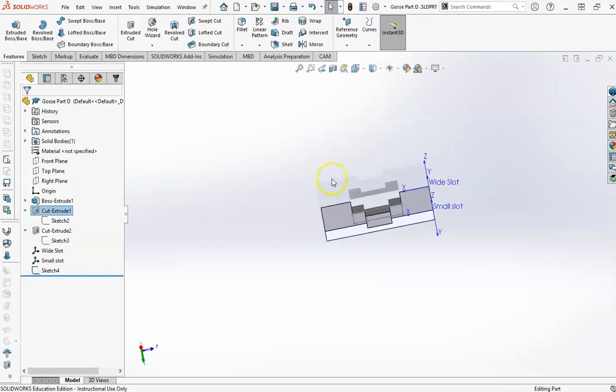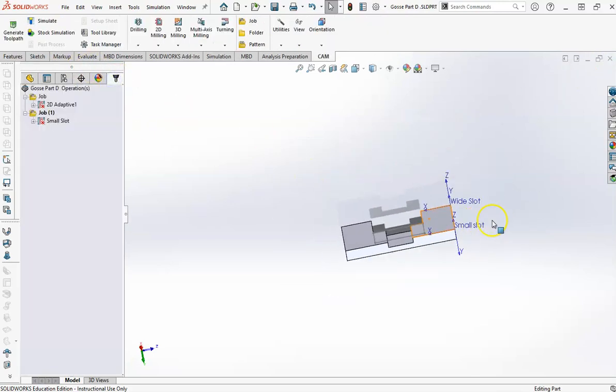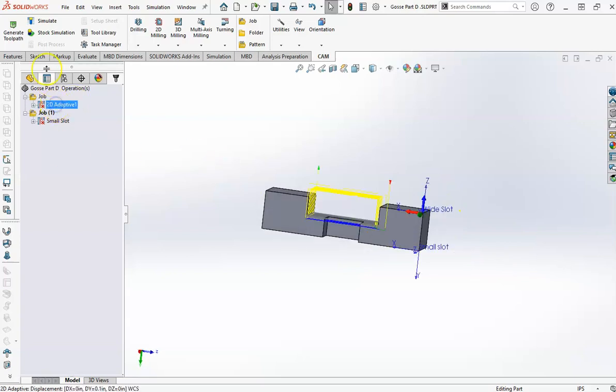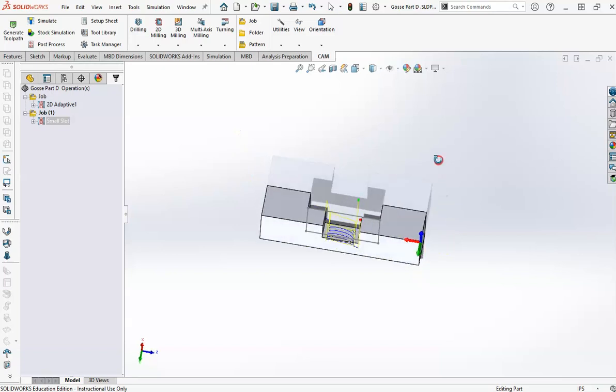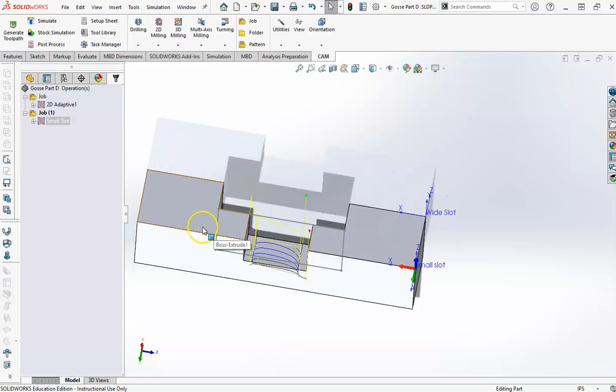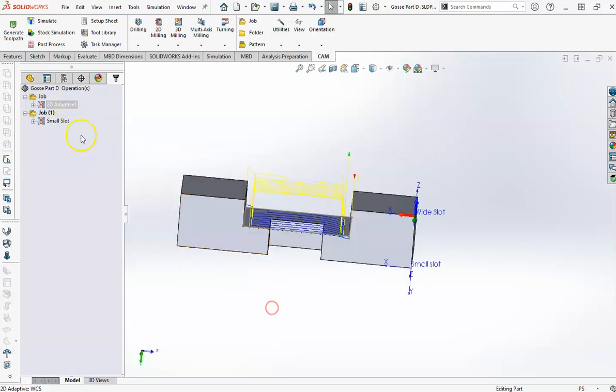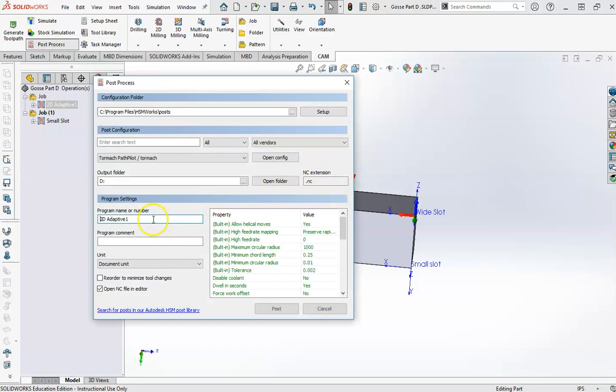And so now what we've got to do is make sure all of our tool paths are updated, and this one is a double one, right? So we've got to update this one first. Click on it, hit generate toolpath. Hit this one, hit generate toolpath. Now we've got to save these, right? I don't remember what the names were for them, but I'm going to say this is part D, and this is the larger slot. So I'm going to hit post process,